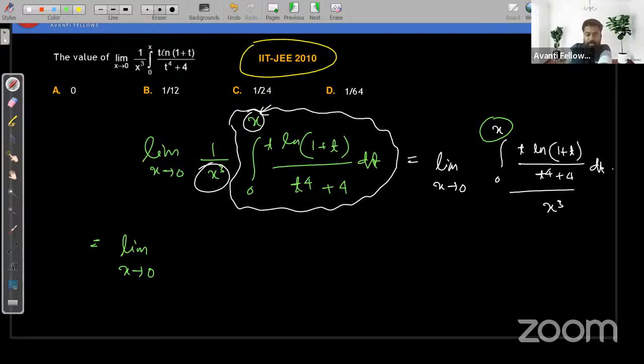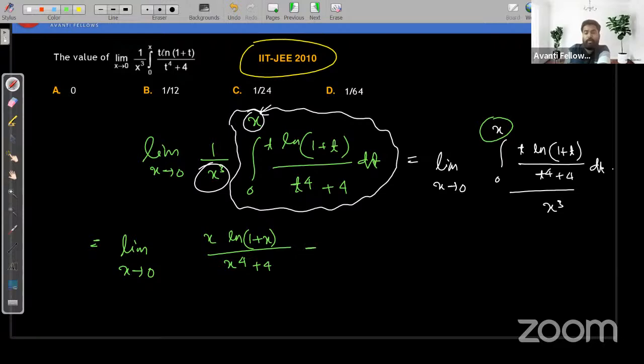So h of x is x, and this becomes x into ln of 1 plus x upon x to the power 4 plus 4,